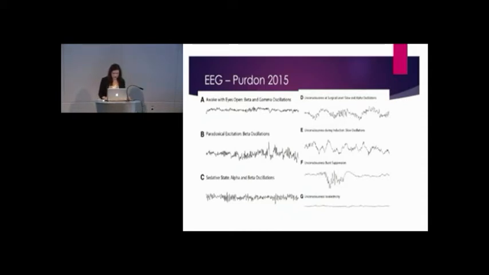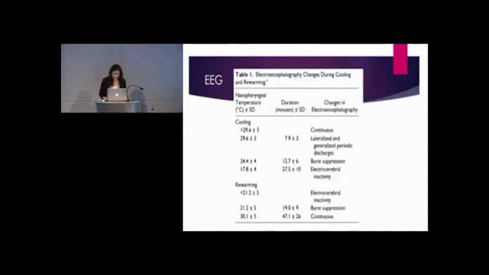So in A, we see that this is an awake patient, and they have these beta and gamma oscillations, compared to waveform D, which shows slow and alpha oscillations that show unconsciousness at a surgical level of anesthesia. And then F shows unconsciousness with burst suppression, and G shows isoelectricity. So I'm not going to go too much into all of these changes. As mentioned, these EEG changes can either be lateralized, generalized, or periodic electrical discharges,